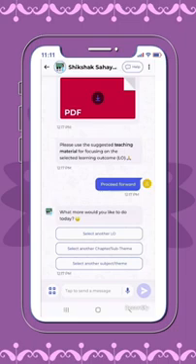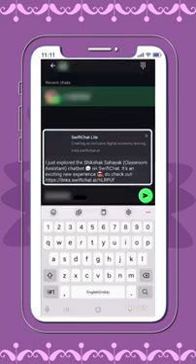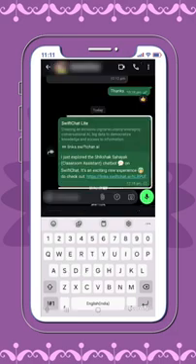Step 3. Share with teachers and colleagues. You can easily share the Shikshak Sahayak chatbot with your colleagues. Just click on the 3 dots at the top right corner of the screen. Select Share Bot and send the link through WhatsApp or any platform you prefer. Share the joy of improving learning outcomes by introducing this chatbot with other teachers in Jammu and Kashmir.